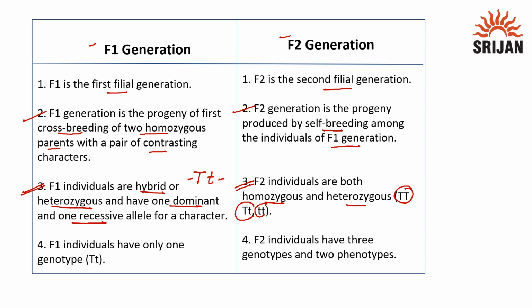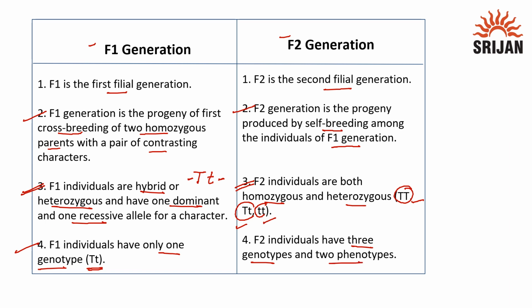to be heterozygous. The next point of differentiation is that F1 individuals have only one genotype. That is, all the individuals of F1 are going to have the genotype capital T small t, whereas in the F2 generation, the individuals will have three genotypes, that is capital T capital T, capital T small t, and small t small t,